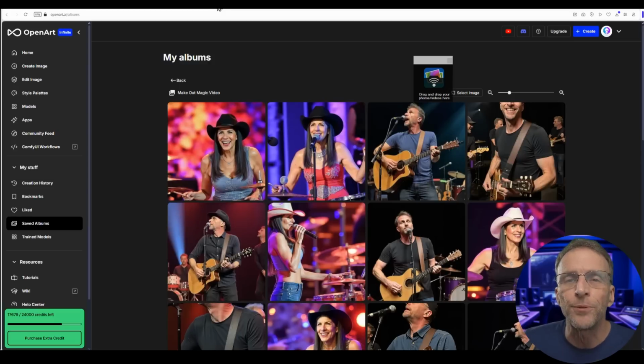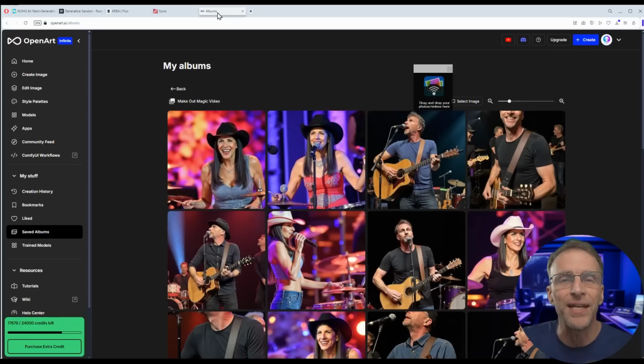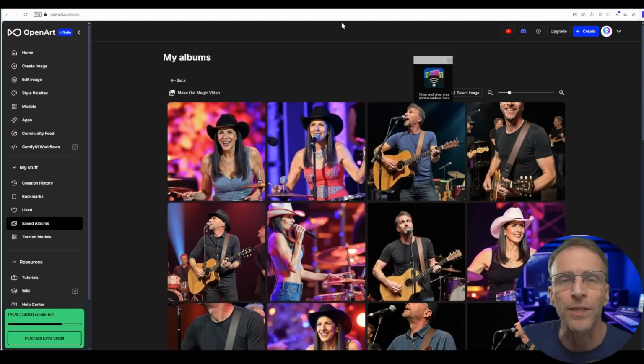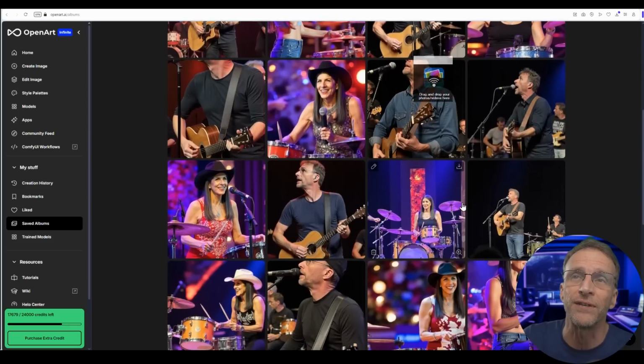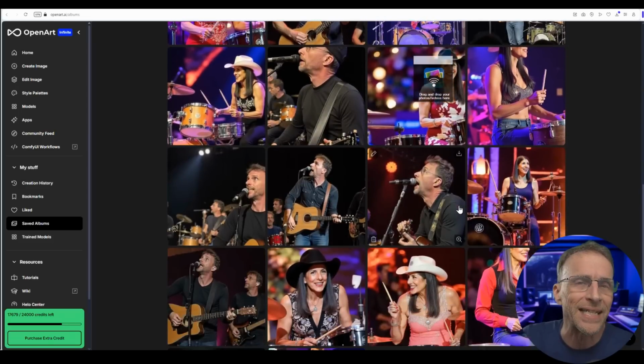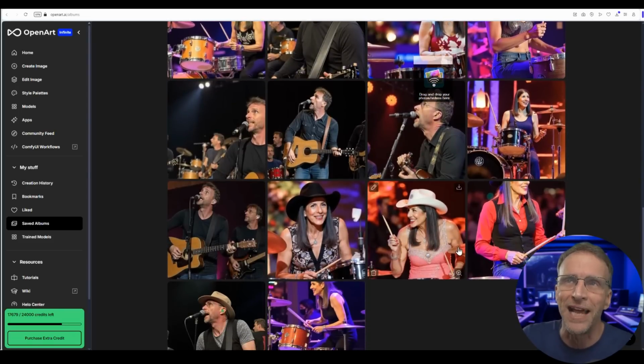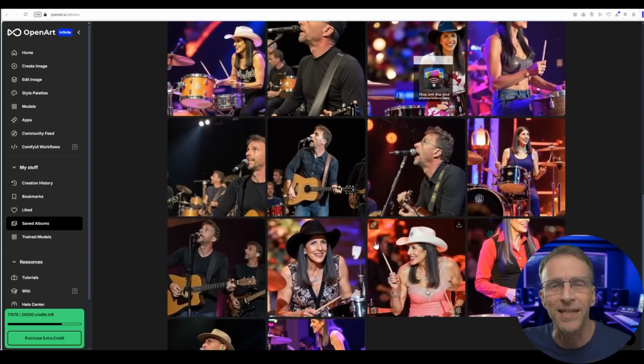Now, my initial approach to this was going to be doing purely image to video, meaning I needed to create a lot of images of me on stage and looking like a country singer and my drummer here, and anything else I wanted to include in the video that I wanted to animate, I needed still images for first. I actually used two different platforms to do that. OpenArt, I created a first round of images here, but for whatever reason, I guess the images that I sent up to that model had me looking up a lot because I just couldn't get myself to look at the